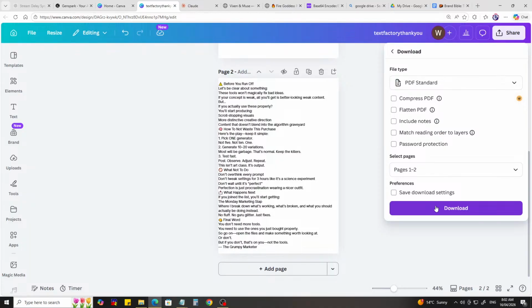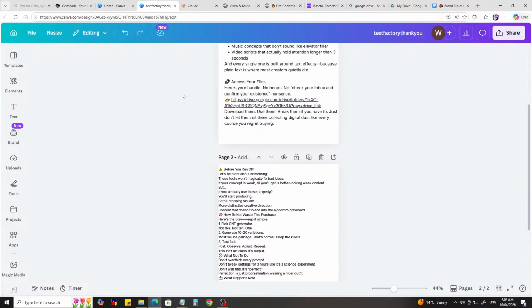It doesn't matter if it's on my own website, Beacon, StanStore, PayHip, wherever you're going. You're not actually giving them the HTML. You're giving them a PDF that takes you straight to your